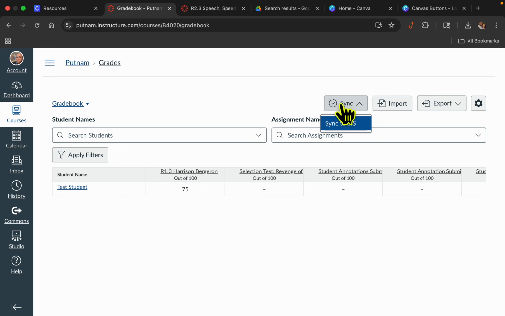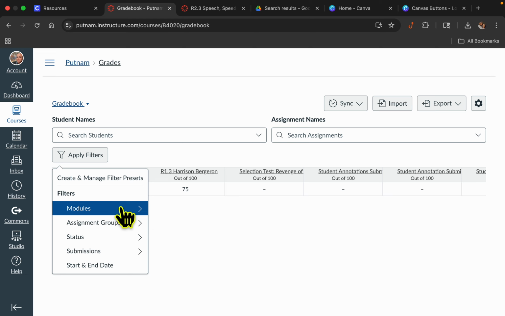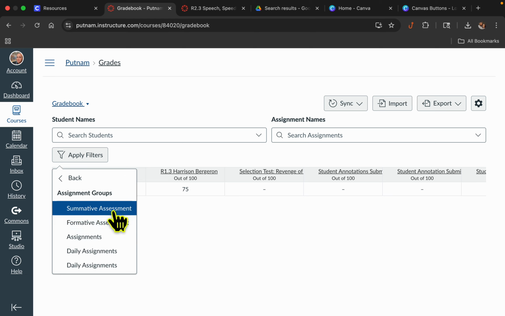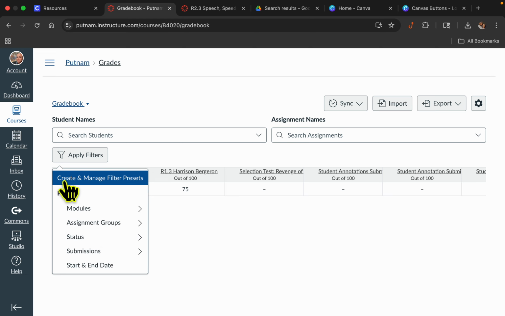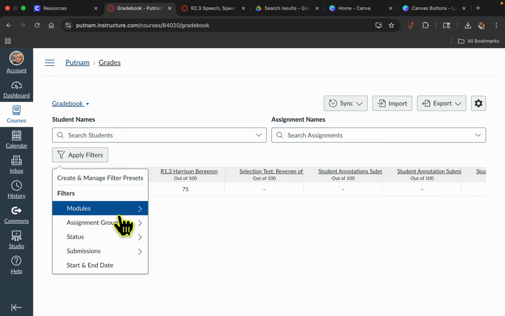Applying filters, great tool here, especially if you want to grade based off the module, the assignment groups, which is your formative, your summative, etc., etc. Another way you could easily filter is by sections. So sections is going to mean your periods. So if you want to grade specifically in first period, second period, third, you can apply the filter by the